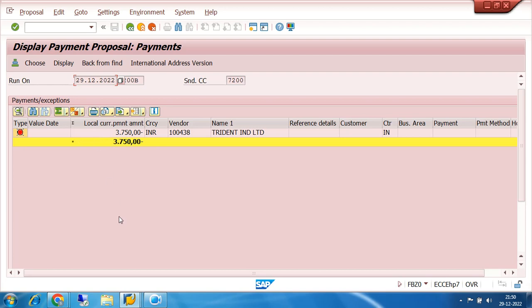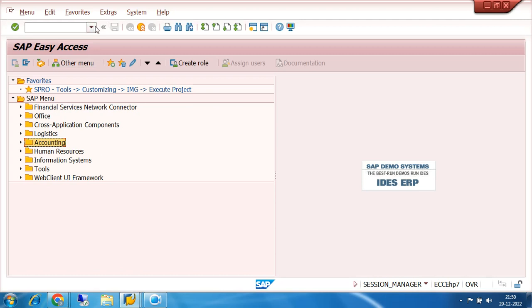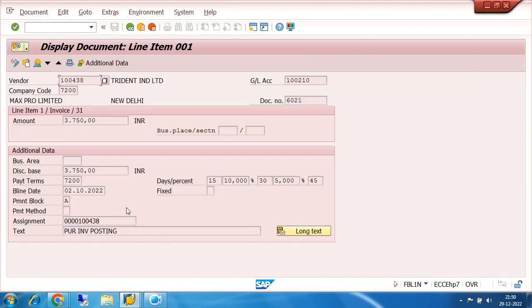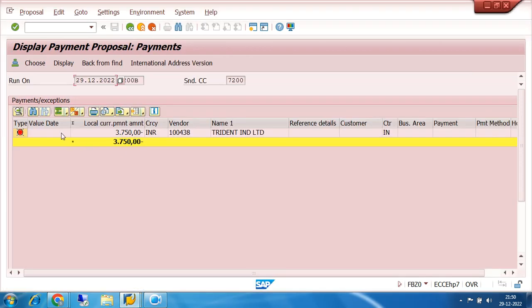Okay, but previously the blocking was temporary in nature, because it was blocked only for that payment run. In that payment run, the particular invoice was blocked, but the blocking I have done now is a permanent blocking. Let us again see here, FBL1N. If I click on this document, see, this is permanently blocked. So this blocking can be removed from there itself,